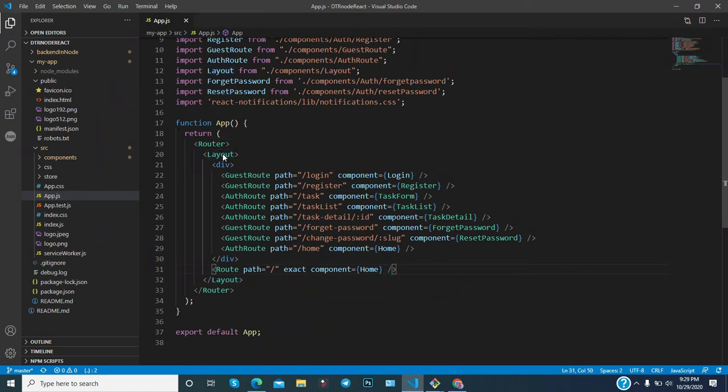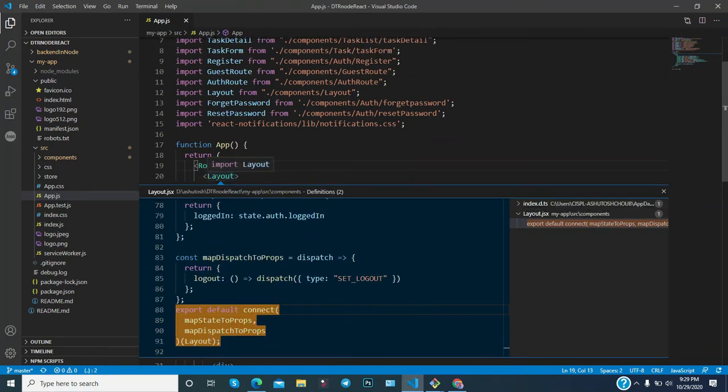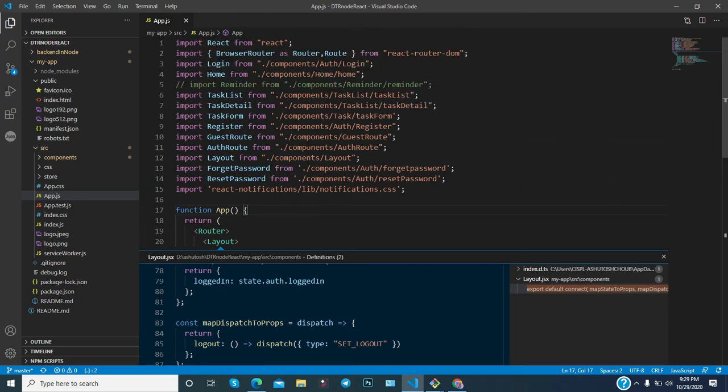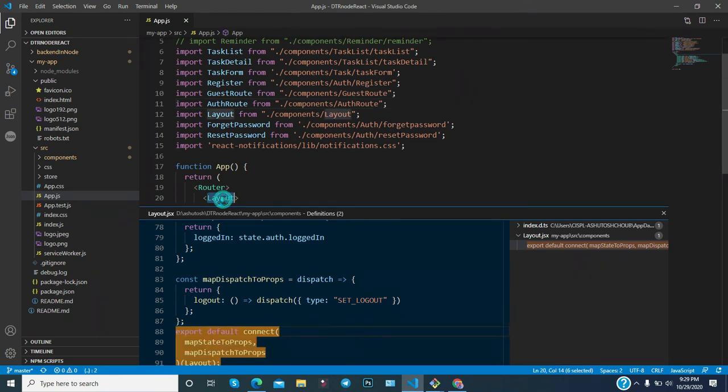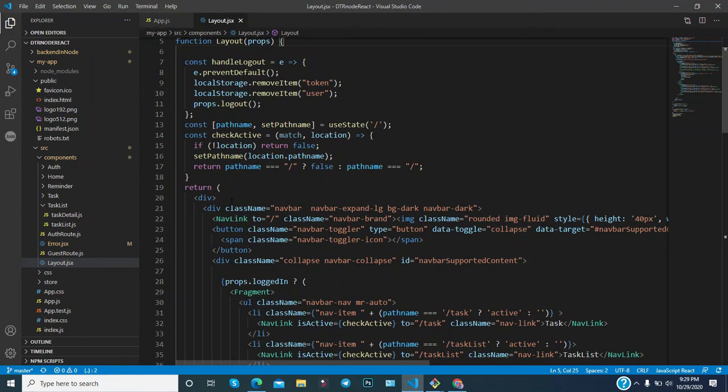Now let's go to the layout so that you can understand it better. Layout is obviously imported, so you can see here that it is imported. I am just going to search for it with Control C, and yeah, this one is the layout, opening in a new tab. As you can notice, the extension is JSX. Why JSX? You can use either JS or JSX. If lots of JSX code is involved, JSX code meaning the HTML code, but here you can notice some differences.